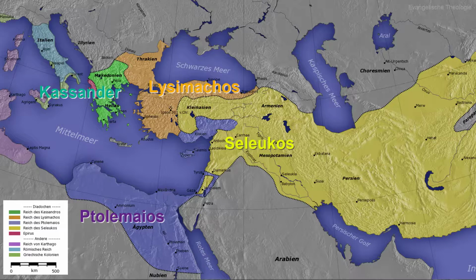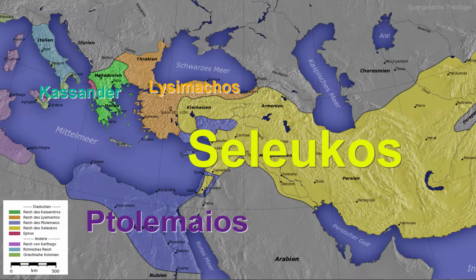The Seleucids were actually the ancient Syrians. Today you would say about Syria plus some neighboring areas. The Ptolemies were today's Egyptians, or the dynasty that ruled Egypt for several centuries. And these two generals, Seleucus and Ptolemy, were the most important of the Diadochi. And if one of the two had defeated the other, then he would have succeeded Alexander the Great and thus ruled the world. That was the goal that each of the two royal families pursued. All rulers have more or less relied on Alexander the Great, believing that they were the rightful successors.